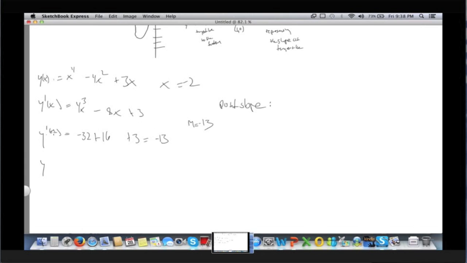-2. Right. Not y prime of x. That was the previous line, right? The previous line tells you what y prime is for any x, but then we figured it out for -2. So y of -2 would be 16 plus 16 minus 6. So y equals, well,